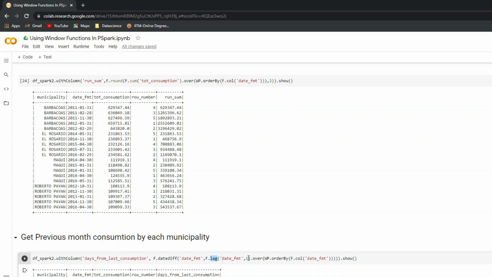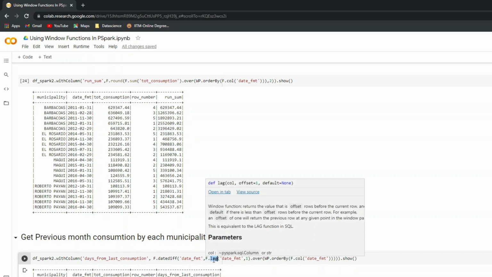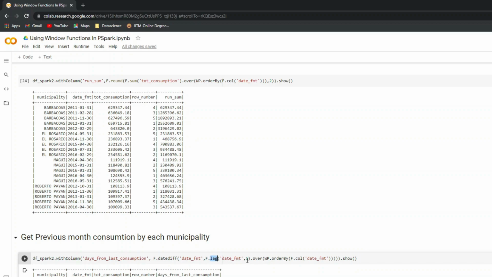Make sure that before doing this, your data set is sorted in a particular order, either ascending or descending. So I have used a lag function here, and then you can see here I have given the column name and then the 1. 1 means the previous month. If I want to take previous to previous month, I have to say 2 here. So that's how the lag function works.